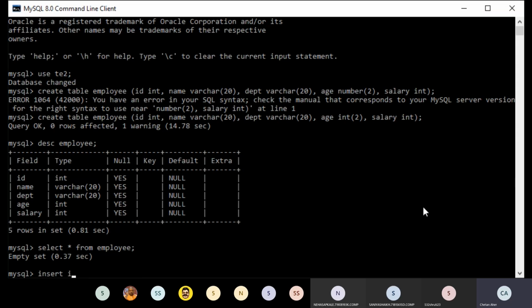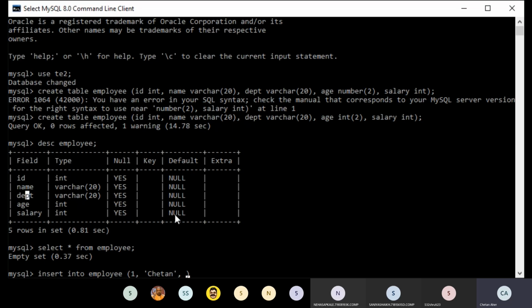Insert into employee values: the ID, then the name, then the next field, department.